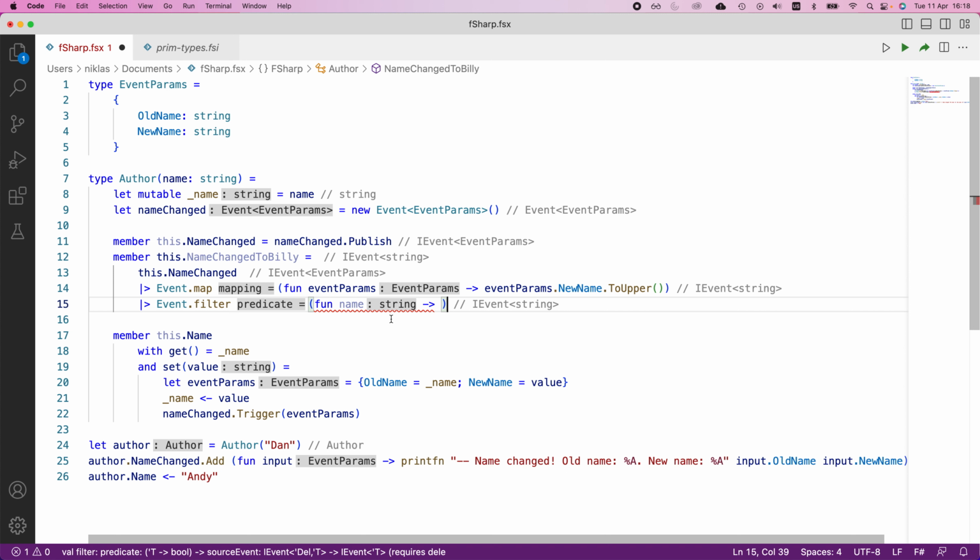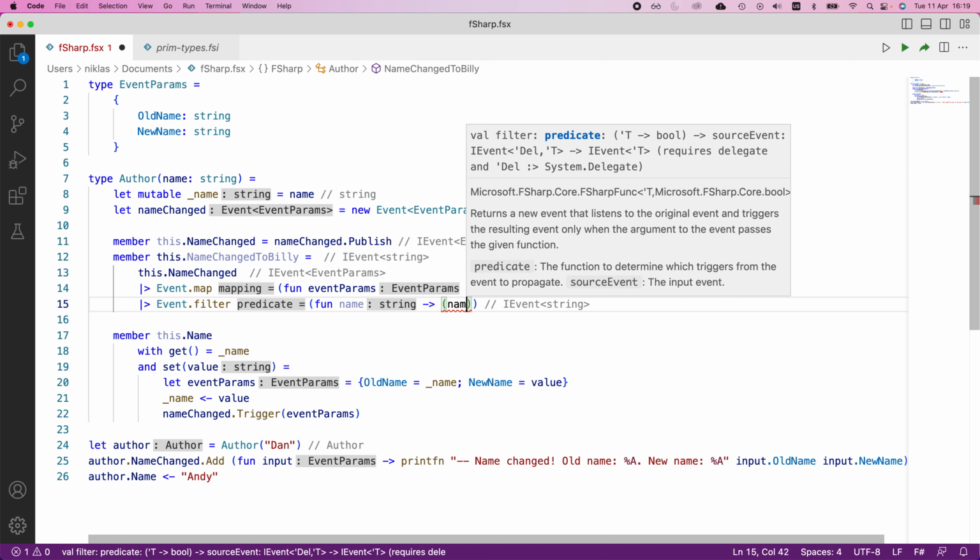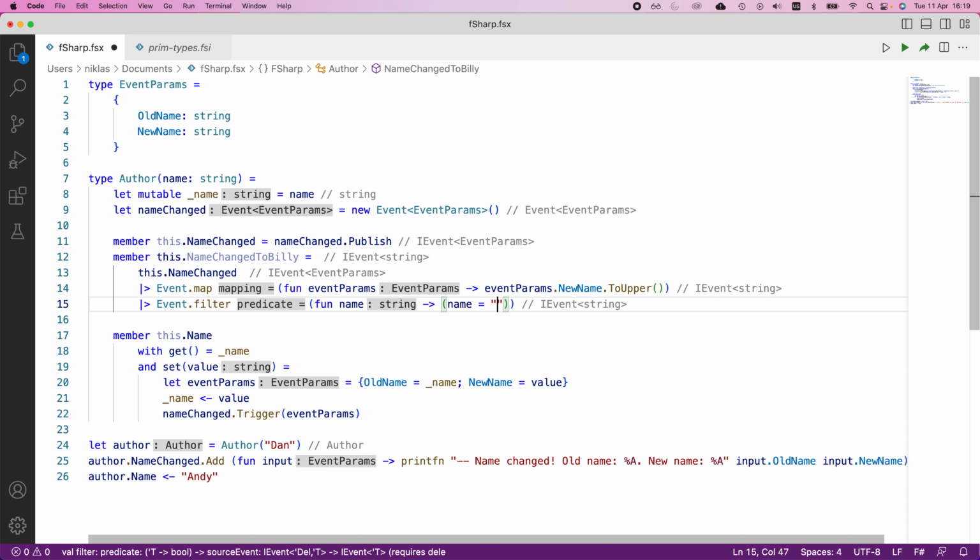So we're going to call that name, and you can see that it has type string. And what we're going to do with this is we're simply going to check whether this name is equal to uppercase Billy, like that. And if that's the case, then this new event will be raised,